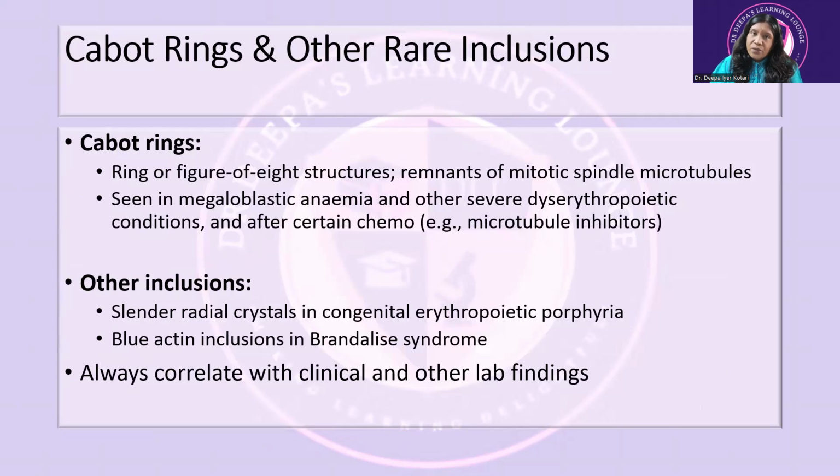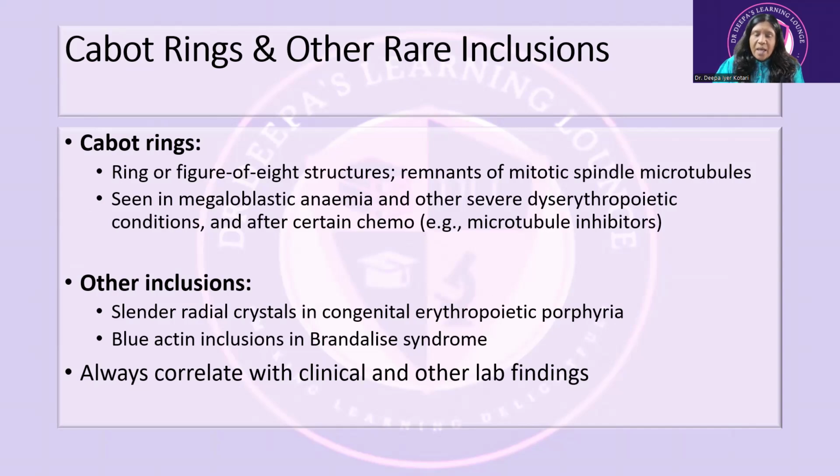Then the next inclusion we will talk about is the Cabot ring. The Cabot ring is a rare and intriguing type of inclusion body. I have, I think, seen two or three in my practice. That's it, not many. But these represent deranged mitotic figures. So these are deranged mitosis. So you see them in severe dyserythropoiesis and in megaloblastic anemia, and sometimes in microtubule deficiencies or microtubule disruptions